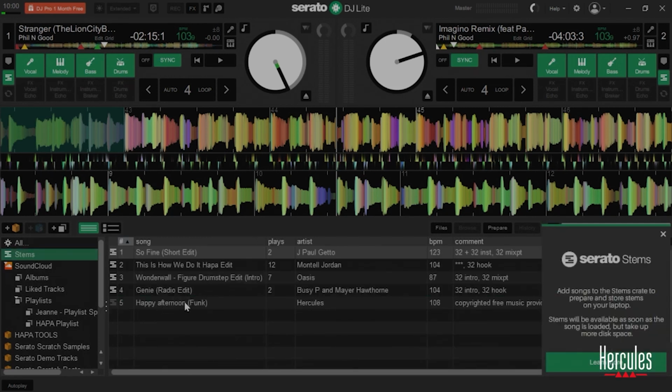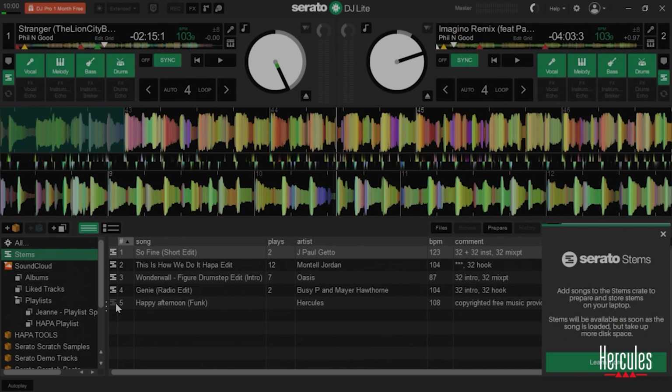And you'll see in the stems folder, this is allowing this to prepare before you actually play the song. So you'll notice that it's grayed out right down here. And when it's ready to go, it'll turn white. So it takes a little while to do this. But the nice thing about doing this is that it doesn't put that type of load or strain on your laptop when you're playing live. So I would highly encourage this for songs that you know that you want to have stems available for.